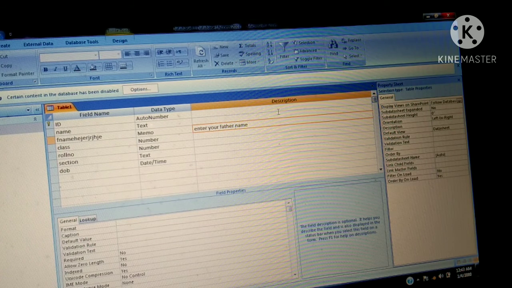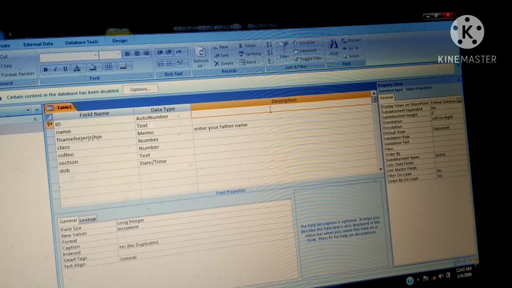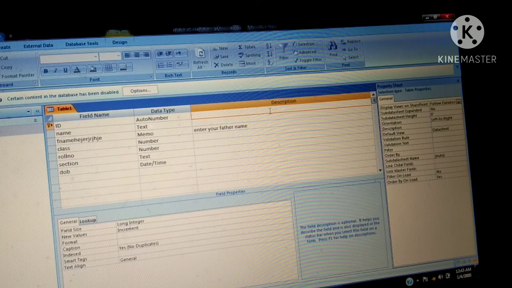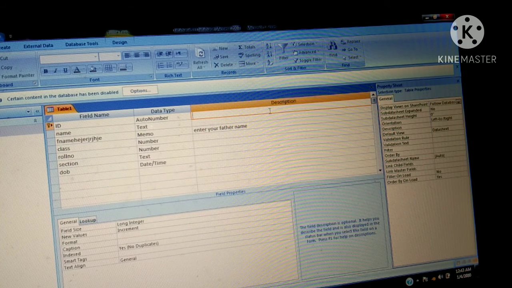If you want to make changes in the description, children, what is the meaning of this description field? Whatever you write here in the description field is not visible to the user. Those who are doing entry in the record will not check this description. What is the purpose of this? Suppose I am creating a database for your company, I hand it over to you, and you want to do a modification in this database.